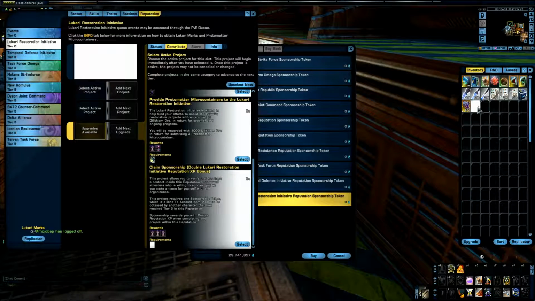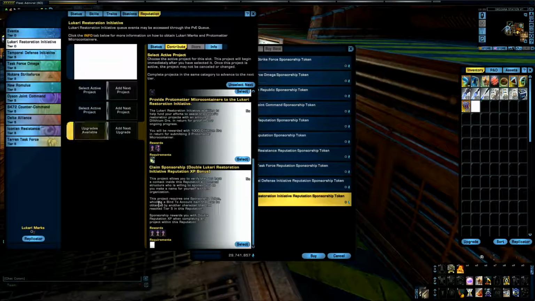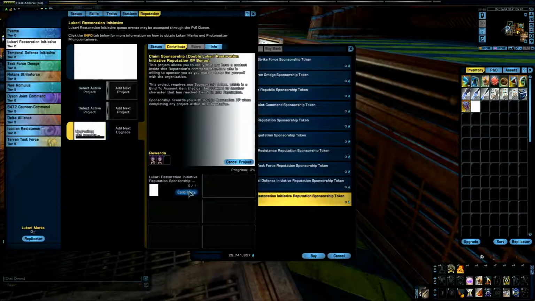Yeah, I was going to use it. Alright, so you see I take this up, go over here, select there. Now you see it's going to disappear. Now, you can only use one. You can't get 4, 5, 6, 10, whatever, all at once. No, you can only use one at a time, as you can see.